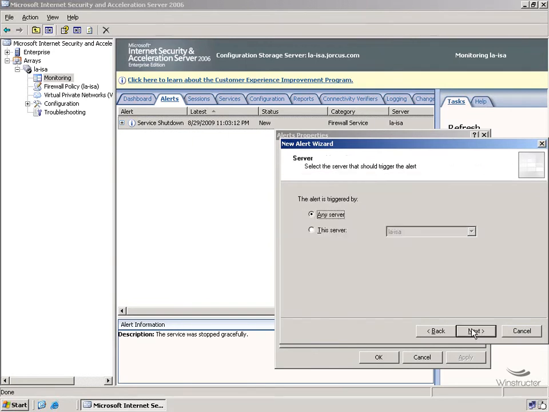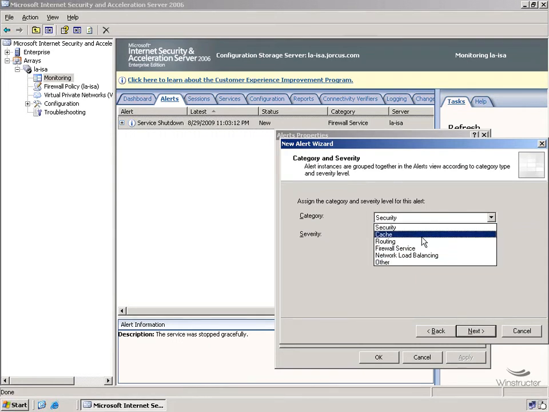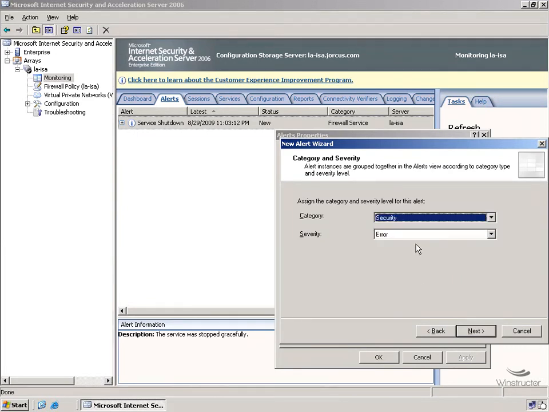We'll click Next. Now for this alert, can it be triggered by any server or just a specific one? We'll leave it at any server. We'll click Next. And here we can select which category this event falls under, and it defaults to a security event, and that's fine for this example, but we could choose any of these other categories if we like. We've got cache, routing, firewall service, network load balancing, and other. And we can see that our severity defaults to error. Again, that's fine, but we could downgrade this to a warning or an informational event if we like. We'll leave those defaults as they are. We'll click